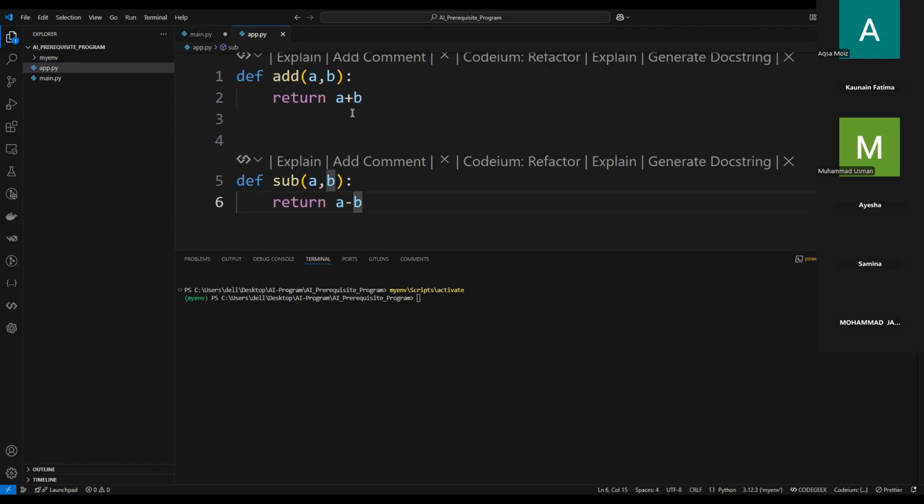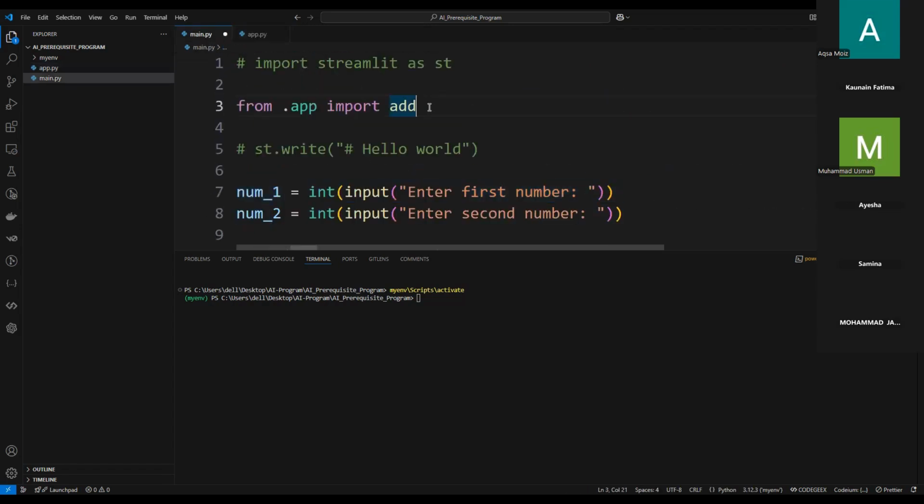अपना काम करके कहीं पे रख दिया है, और अब आप उसको कहीं पे भी, किसी भी फाइल में किसी भी वक्त यूज कर सकते हो। दैट इज कॉल्ड एज अ मॉड्यूल। ठीक है, तो मैंने क्या किया, मैंने मेन की फाइल पे मैं गई, और मैंने यहाँ पे बोला कि फ्रॉम डॉट ऐप, डॉट इसलिए लगा रही हूँ क्योंकि डॉट का मतलब होता है कि आपकी करंट डायरेक्टरी।